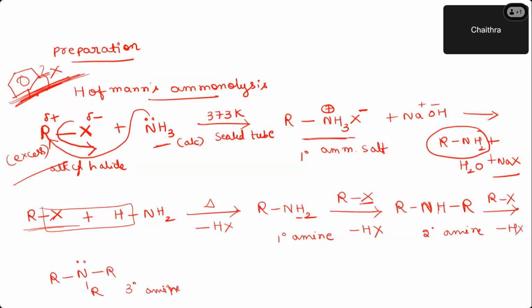And at last, what will I do? Again, treat this molecule with one more mole of alkyl halide. Now, here R plus is there. This will take the lone pair of electrons and form R4N. On nitrogen, what is the charge now? It is a positive charge. So this is called a quaternary ammonium ion, and X minus comes and stays in the vicinity of the N plus. So you call it a quaternary ammonium salt. This is a very important reaction. It is called Hoffmann's ammonolysis, which happens through a nucleophilic substitution reaction.